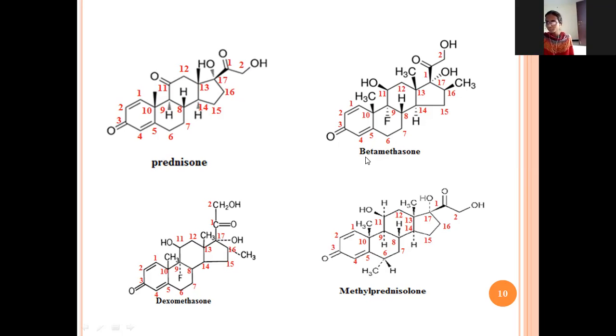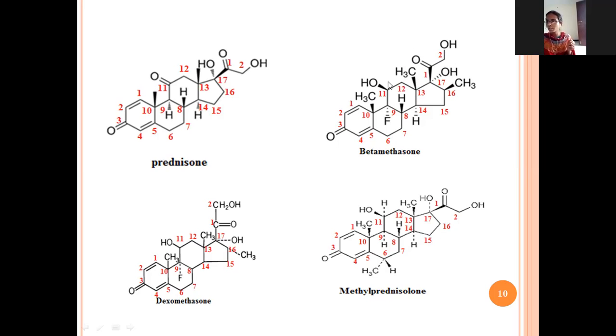Next, beta-methasone. So if you see here, this is the phenanthrene and this is the cyclopentane. In third position oxygen group is attached, and in 11th and the 17th position hydroxyl groups are there, and here in 10th, 13th and the 16th position three methyl groups are attached, and here in the 17th position 2-hydroxy acetyl